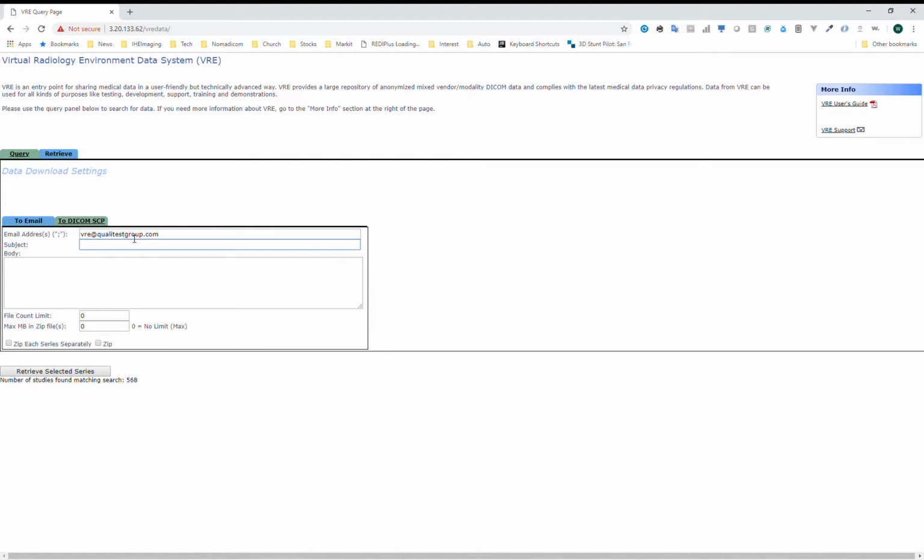Put in any subject you want. I'll put a test here. It's only a test value. You can enter any value. Be sure to put your email address on the GE network in this space, not the value that I've put